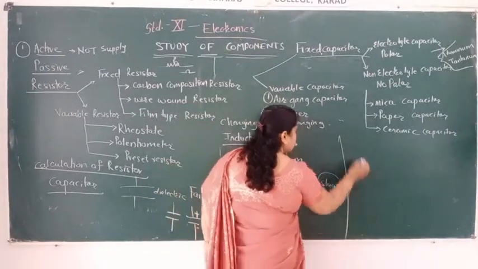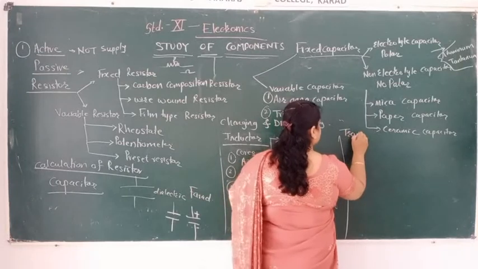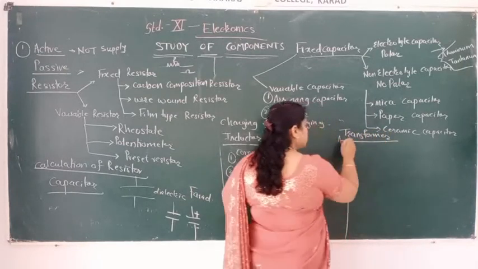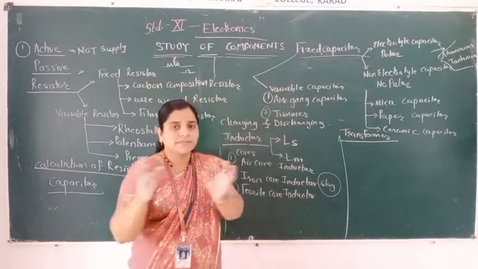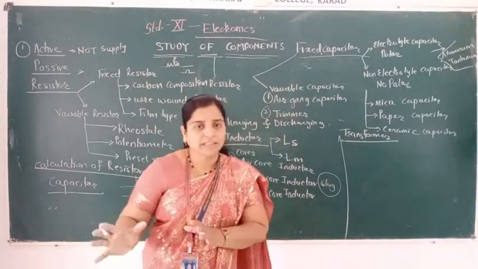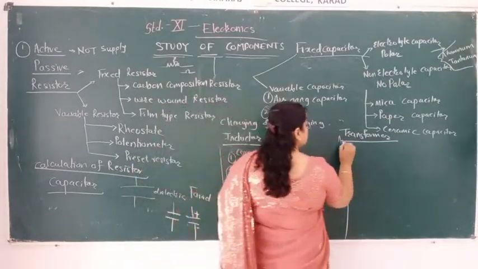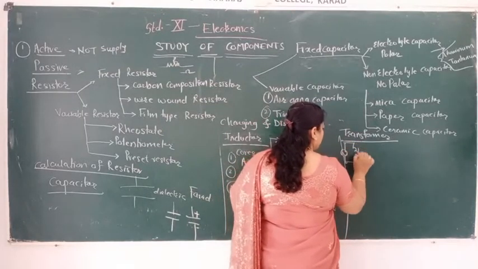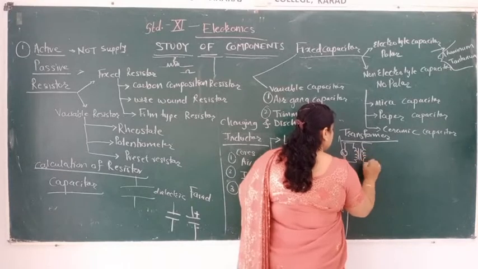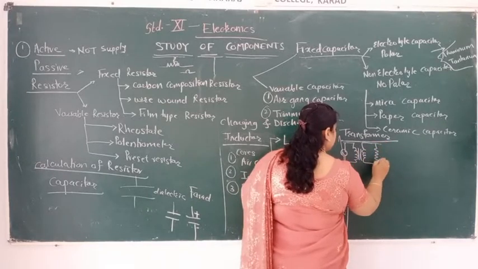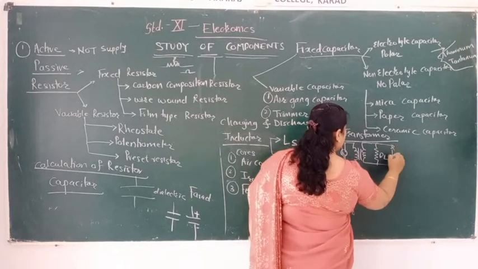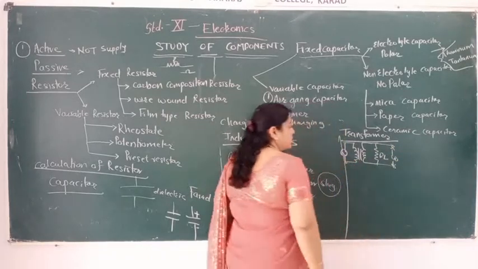Next we have taken the transformer. Yes, transformer we have taken. What is the transformer? It is used to transfer the signal from one point to another. Okay, symbol of transformer we have seen. The AC signal is given to the primary of the transformer, and at the secondary a load resistance is connected. Across that load resistance we measure the output voltage always.